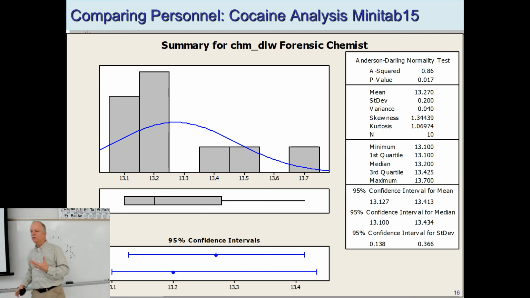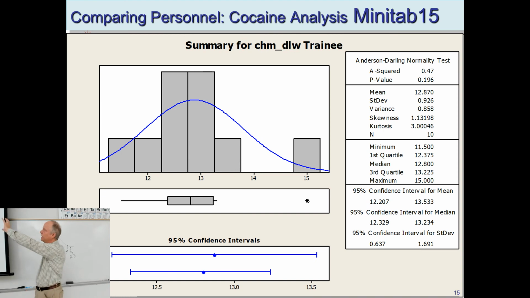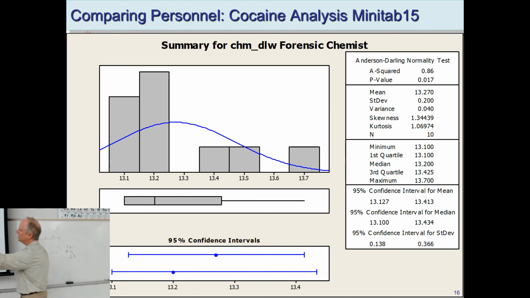Here's the analysis for the forensic chemist. Notice the trainee's data looks more clustered, but it's misleading because the x-axis scale has changed. The far left is almost 11 and a half, and the right is 15. Look at the forensic chemist: the left is 13.1 and the right is 13.7. Even though the data is not normally distributed, up here we have a p-value for a normality test. So this is saying, is the data normally distributed, there's a